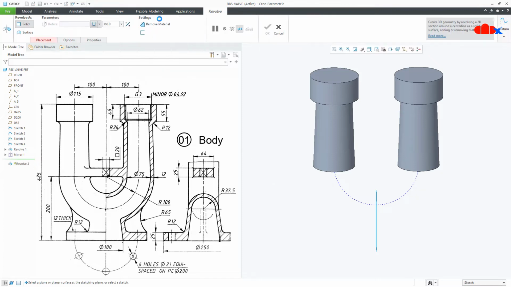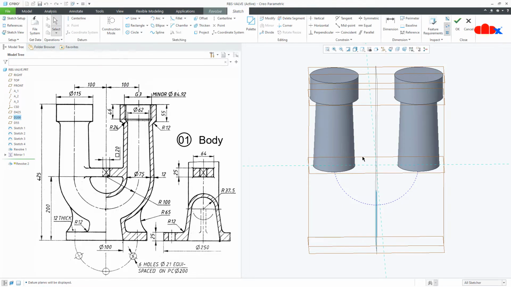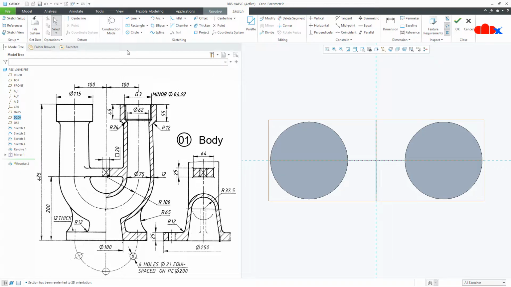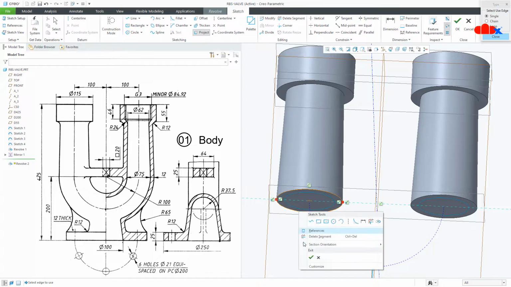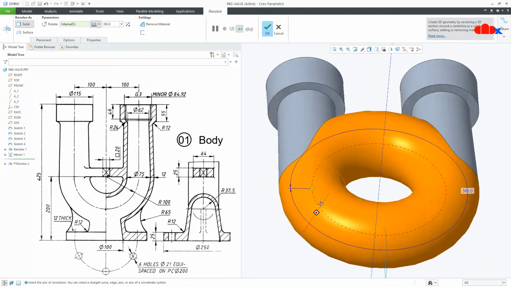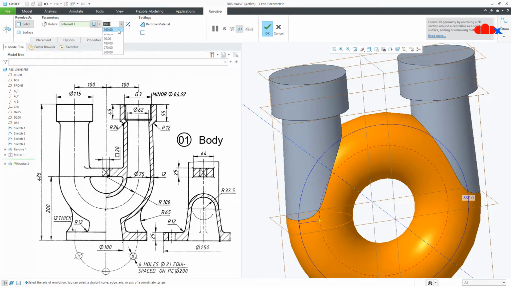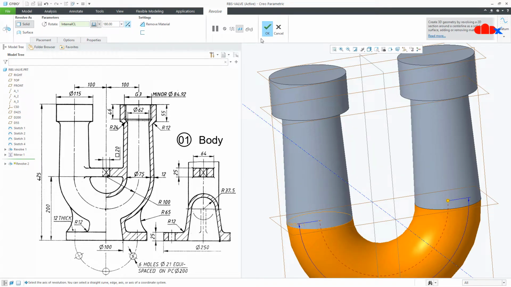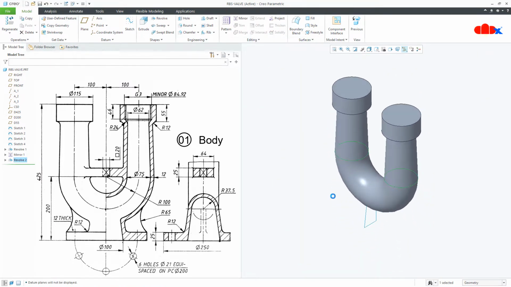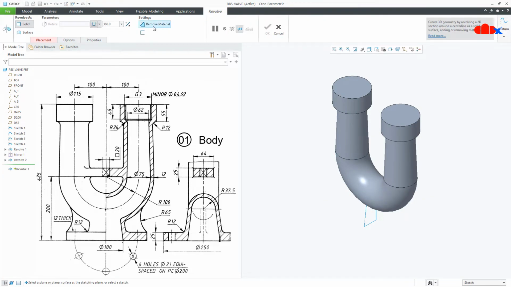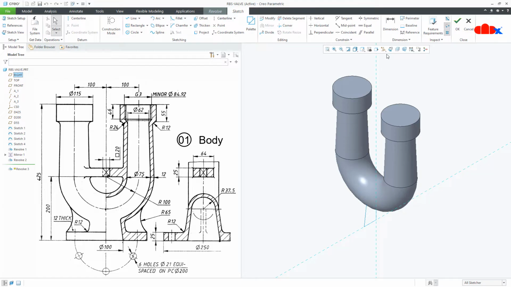Once again go to revolve. This time I'll go with this datum plane, normal, place a datum center line and then go to project, select this and say OK. Make it 180 degrees, flip the direction and say OK. Control D. One more time go to revolve onto the right datum plane, normal.